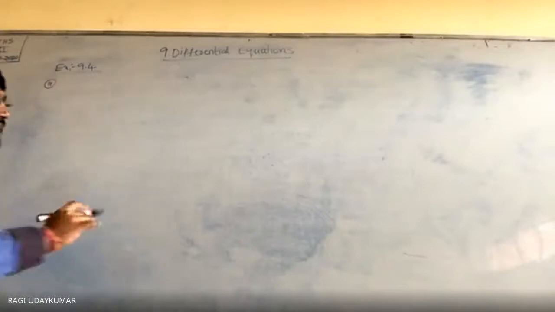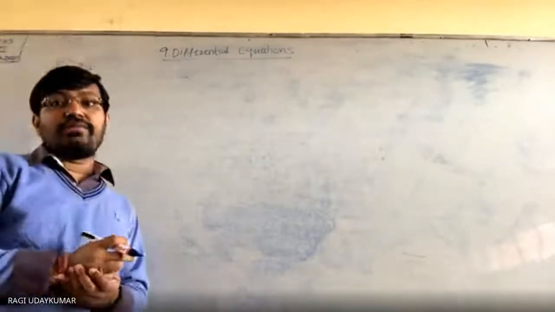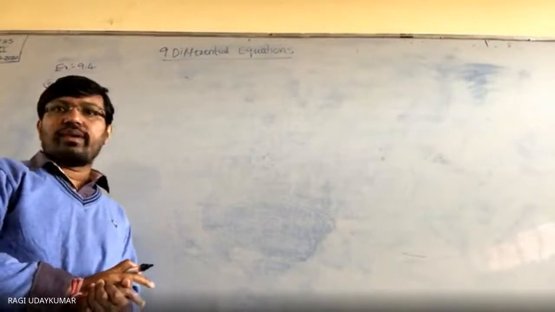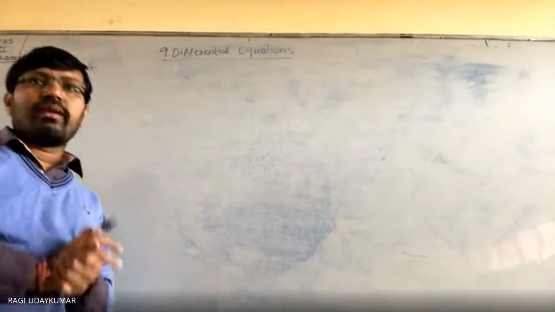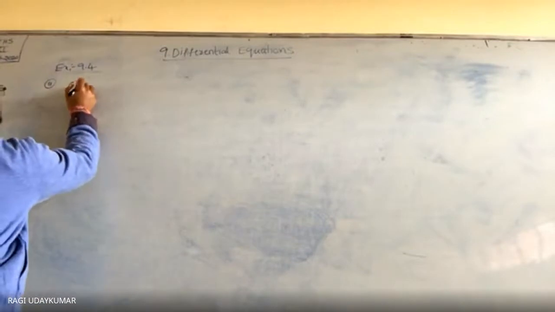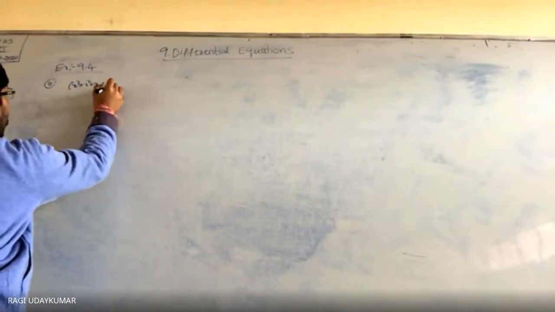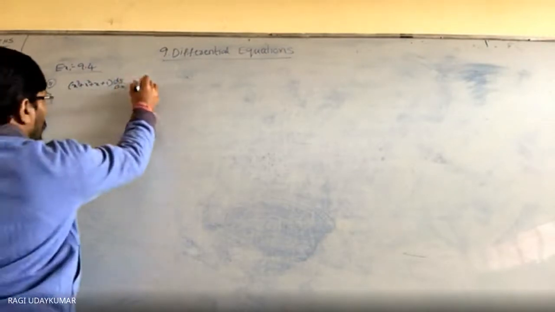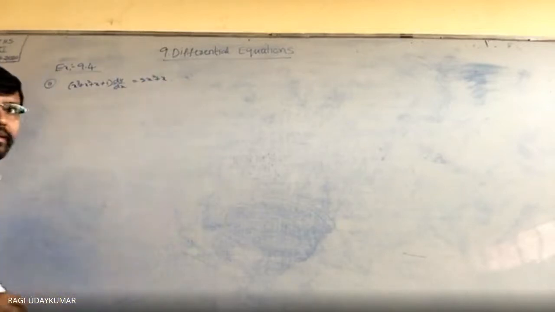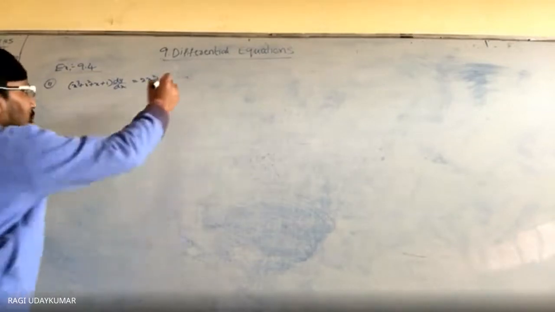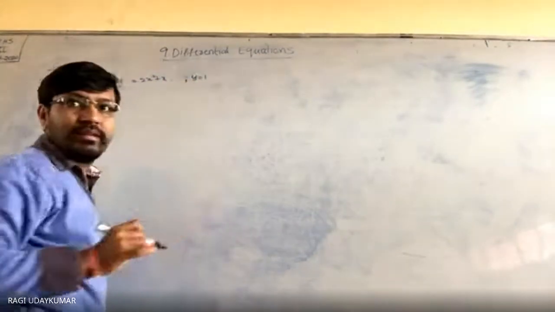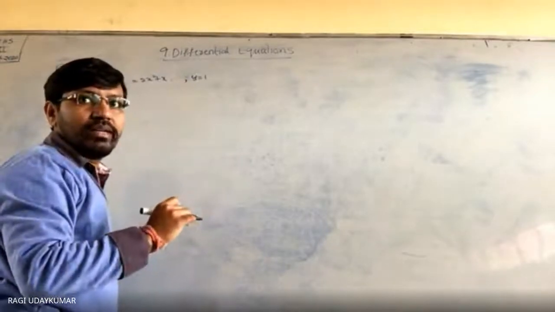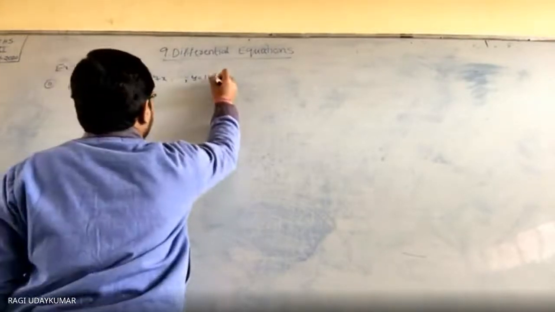Yes sir. So 11th problem, see, integration means integration methods, different methods. If you know that, then you will be able to do it. Otherwise, you cannot do it. So the question is given: x cube plus x square plus x plus 1, dy by dx is equals to 2x square plus x. See here, 2x square plus x, and here this is given when y is equals to 1. Y is equals to 1 when x is equals to 0.